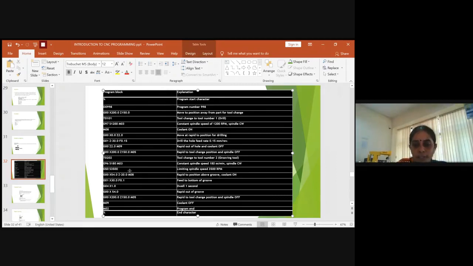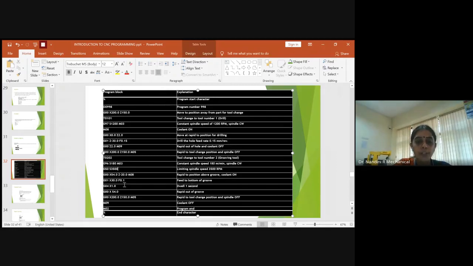So after this is done, before starting, first you will make the spindle on, then you will set the spindle speed, and before doing the operation you have to make the coolant on. To make the coolant on, the tool has to be set. So you will use the rapid traverse and assign the tool far away from the workpiece, and you make the coolant on. Once it is done, you will provide the feed rate.